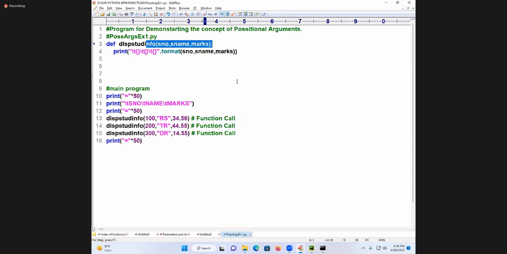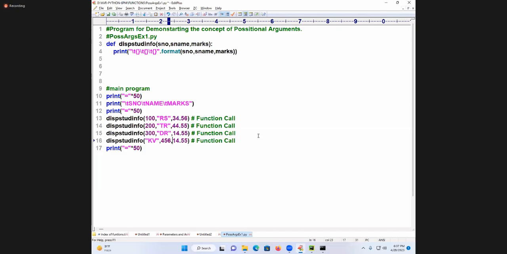Are you getting it? What is the rule of positional arguments? The number of arguments in the function call must be equal to the number of formal parameters in the function heading. Two points over. And positional arguments also recommend that you follow the meaning and order. Meaning and order in the sense like this. Follow me carefully. Now I am passing something like KV, now I am passing 456, like this.